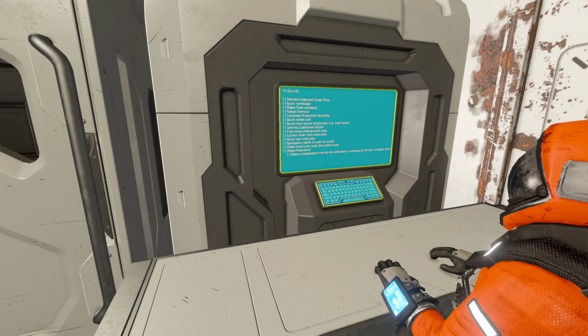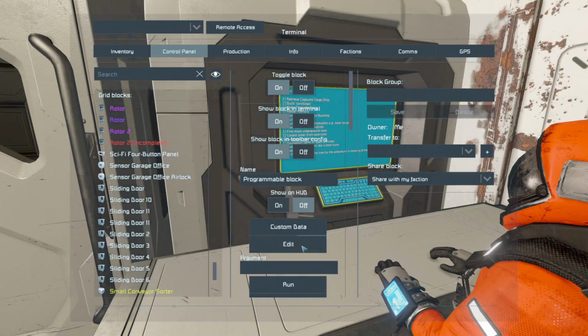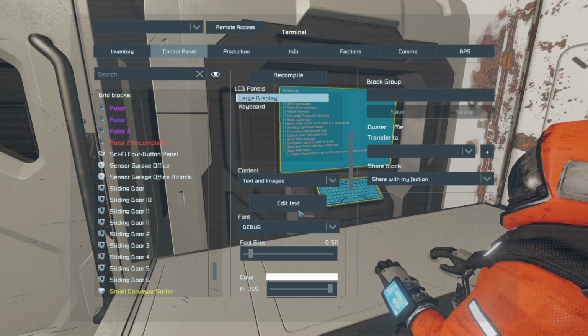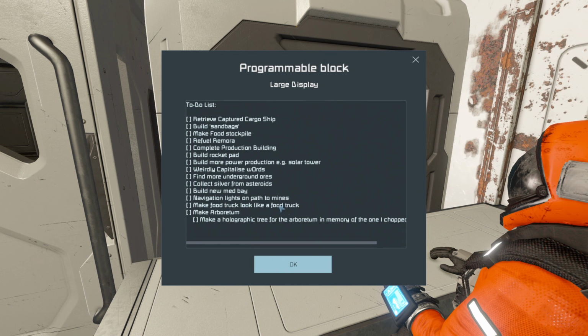Capac's very kindly staring at my to-do list, which I've made some decent progress on, I feel. I have updated it a little bit from where it was before. Oh no, that's not what I wanted to do. Where is it? Yeah, I have updated it a little bit more from what I had it at last, but